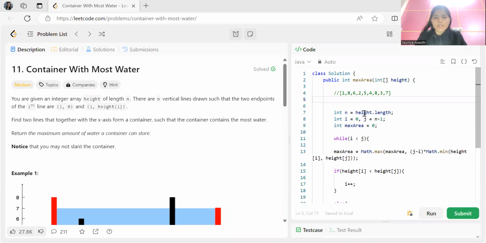So today's problem is container with most water. This is one of the very important problems from an interview perspective, right? It has been repeatedly asked in multiple companies' interviews. So make sure to be with me till the end of this video. And if you have already solved this problem, then a quick revision will definitely help. So you can do that as well.